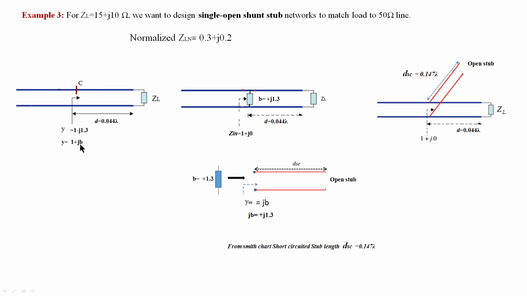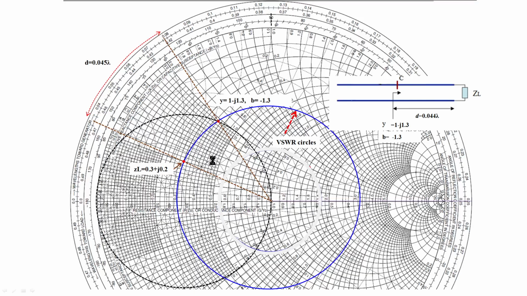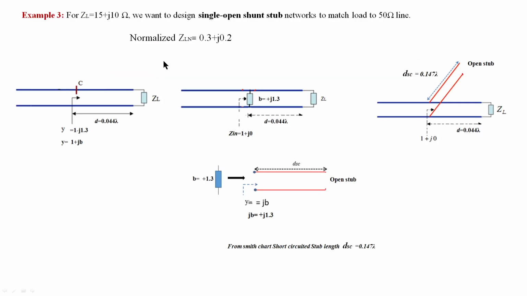1 plus or minus jp, you should stop. Okay, so this is a load given, and you have to find out at what distance this admittance is there from the load. Mark the load on the Smith chart and go on moving over a transmission line, that means on the VSWR circle here. Okay, so we will do this problem, how to match this.